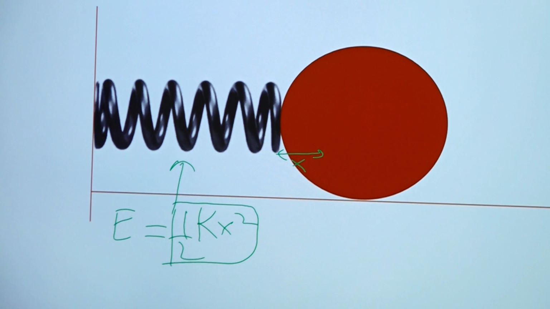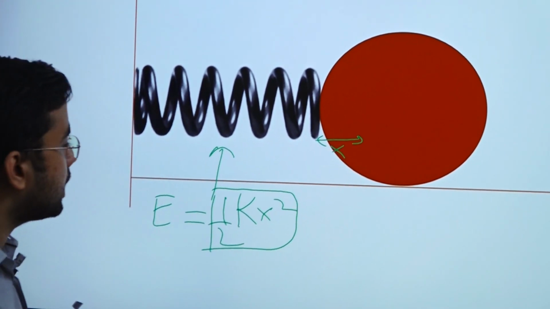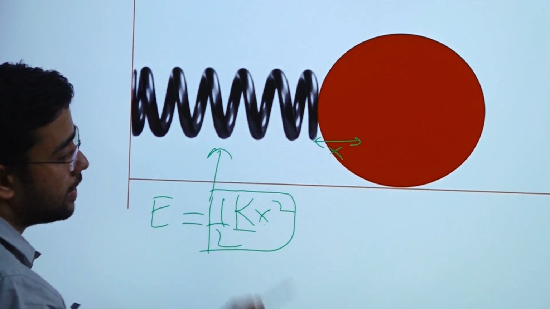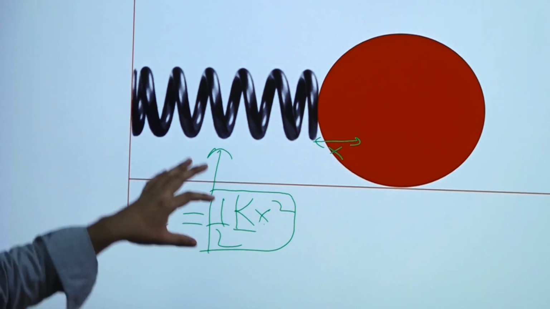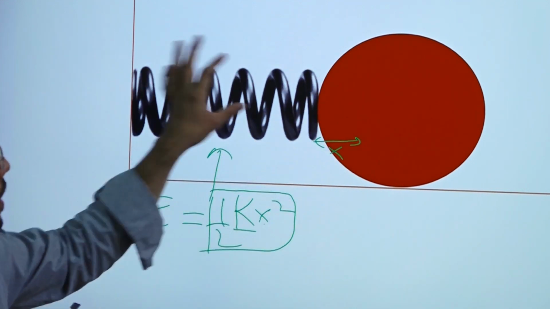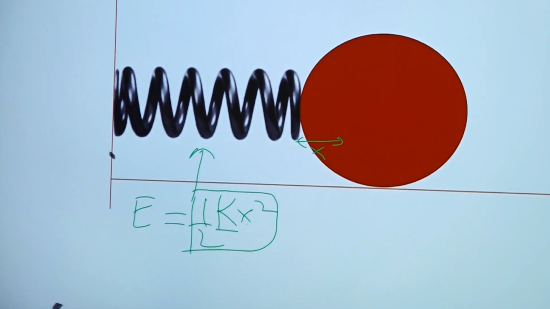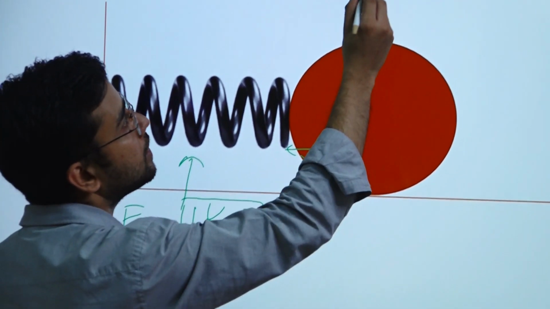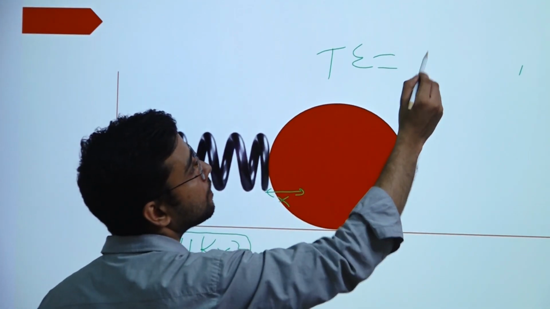So this half kx square is the potential energy of the spring, where x is the elongation of the spring and k is the stiffness of the spring. Now we have to find the total energy of the system. Suppose this system is moved by x distance. If we have rolling without slipping for this roller, then the total energy will be, first, the energy stored in the spring,